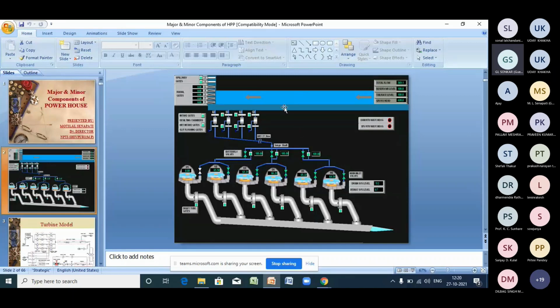You can see there are 5 radial gates, and then spillways. The gates are meant for, I can say, flood control, or whenever the water level is above the FRL, full reservoir level, that can be released through the radial gates. We have spillway gates also; the elevation of the spillway is a little bit lower than the radial gates. If you need any water in the downstream of the river, the water in the reservoir can be utilized through the spillways on the downstream side.